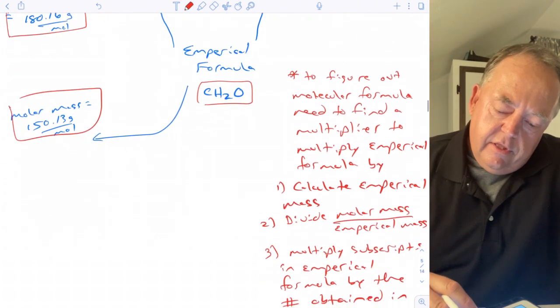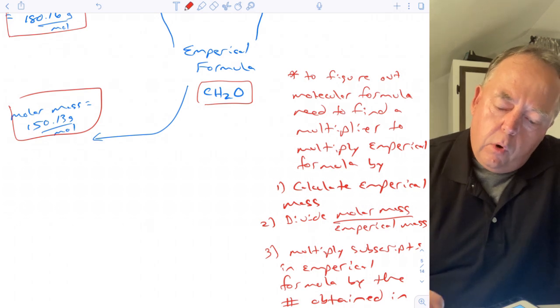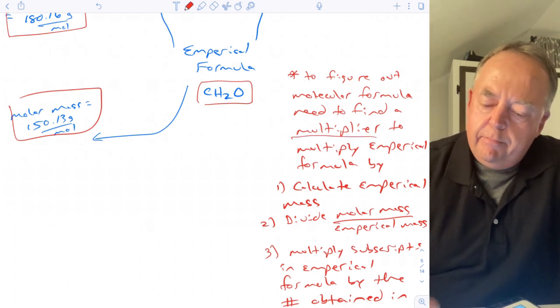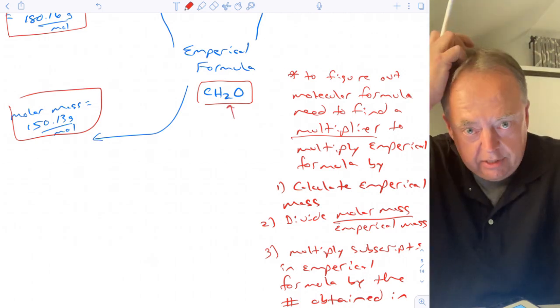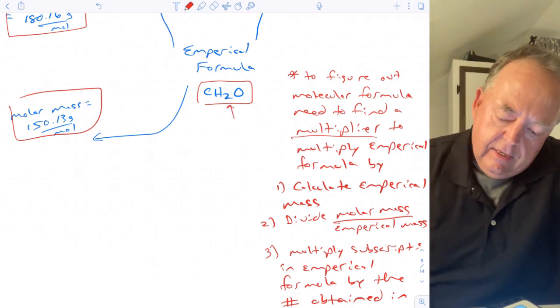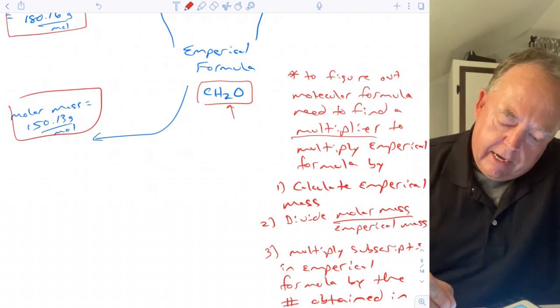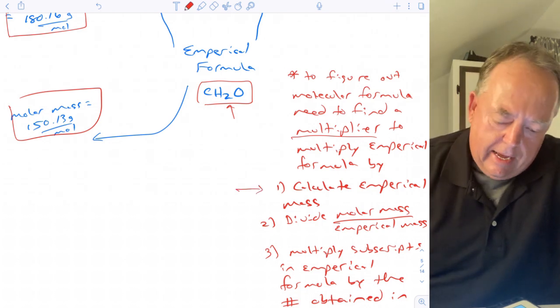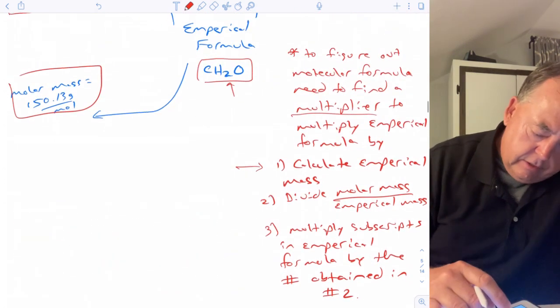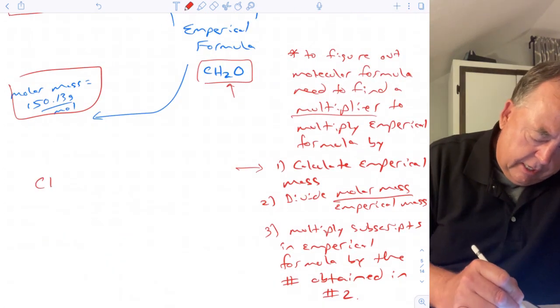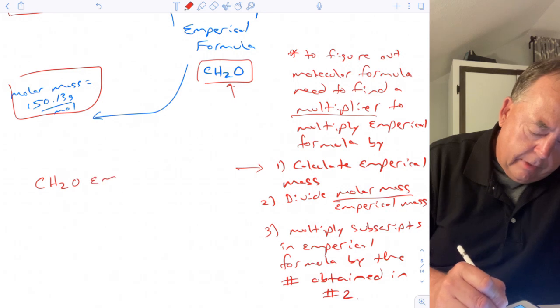To figure this out, you need to find a multiplier to multiply the empirical formula subscripts by in order to get the molecular formula. To do this, we're going to first calculate the empirical mass. So we have 1 carbon. Did I do this already? No. So for CH2O, the empirical mass,